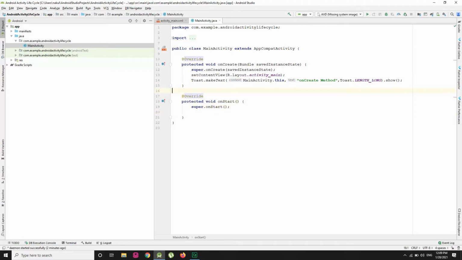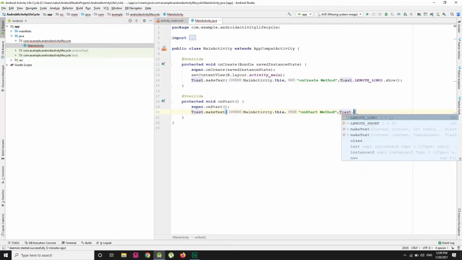Now, same as the onCreate method, I'm going to print a toast message here, Toast.makeText, and again MainActivity.this, comma, onStart method, then Toast.LENGTH_LONG and .show.